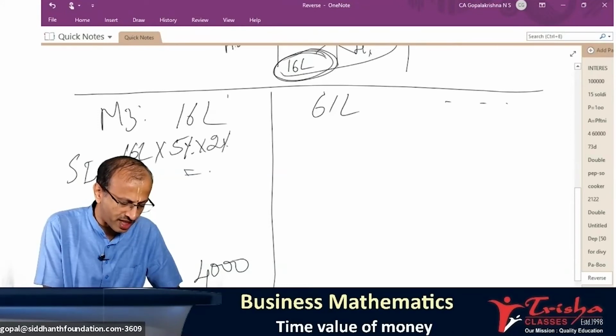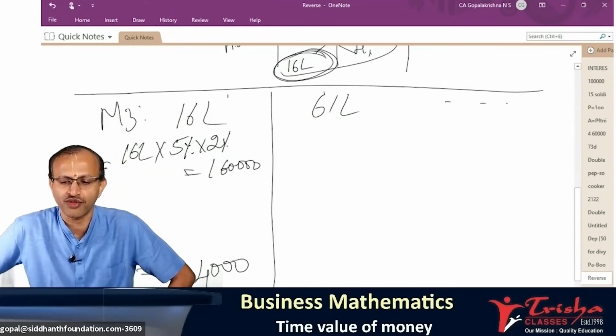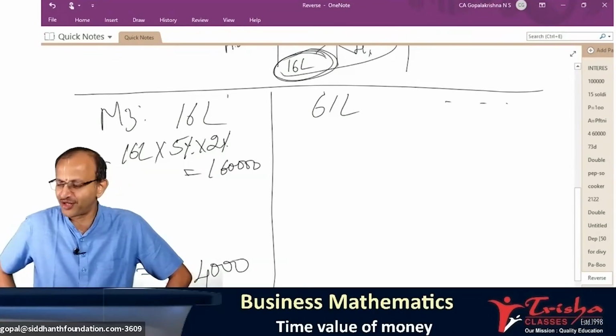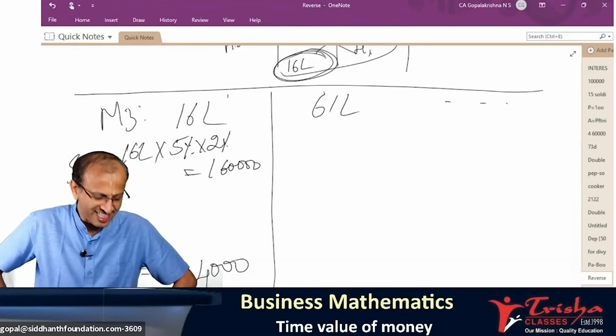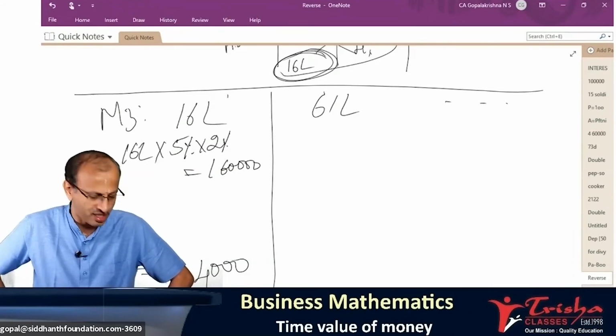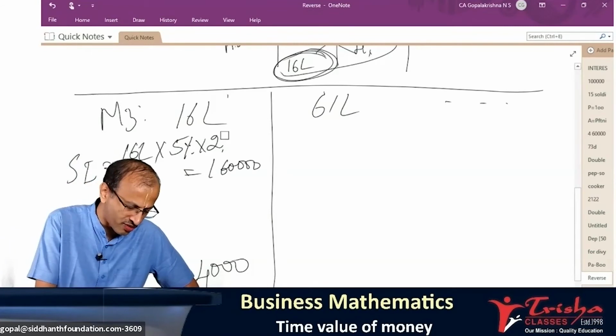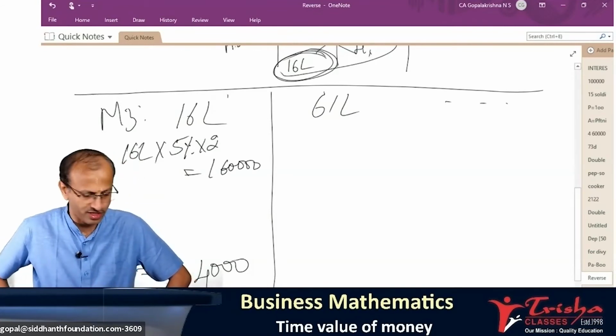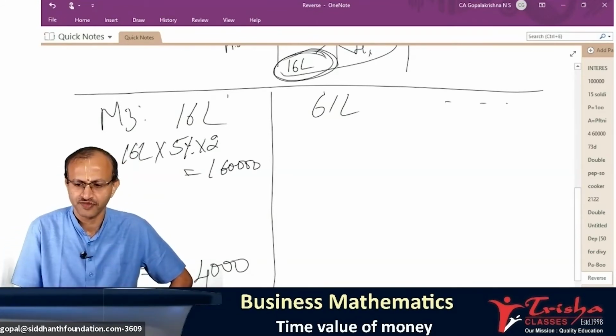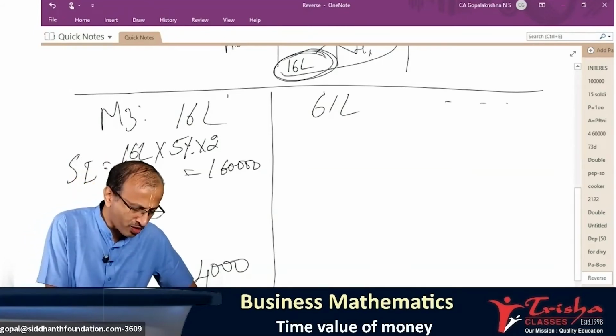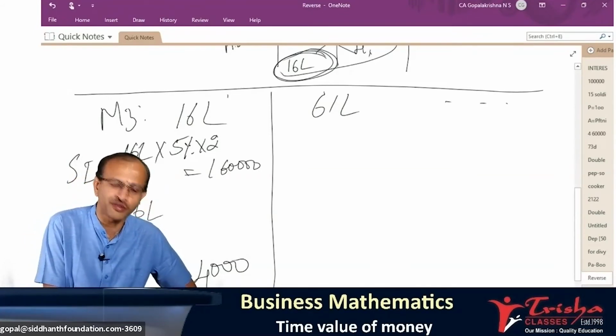I don't know, you have to tell me the answer. Is it 1,60,000? Hello, no answer from you. Are your calculators working, or did you buy a new calculator? 16 lakh, 5%, 2 years. Is your answer 1,60,000? 5% plus 5% is 10%. Yes. Now to work out CI, calculate the 2-year amount.